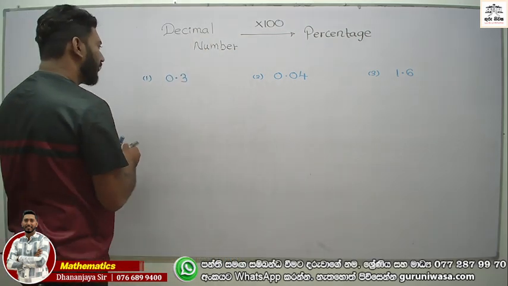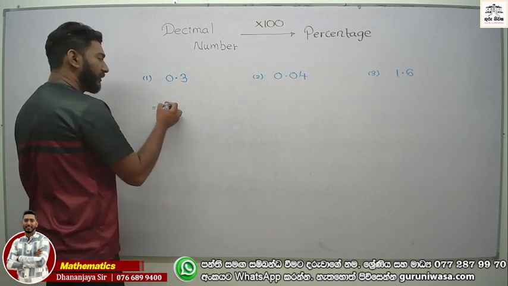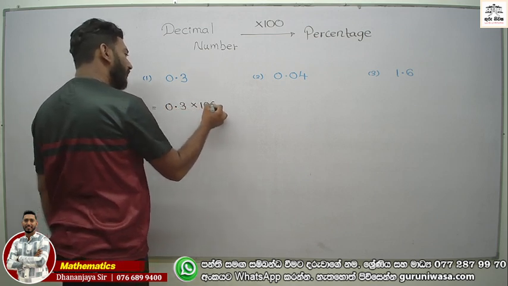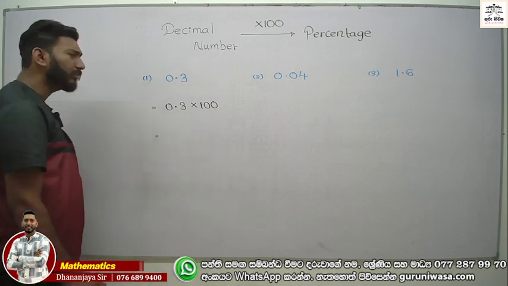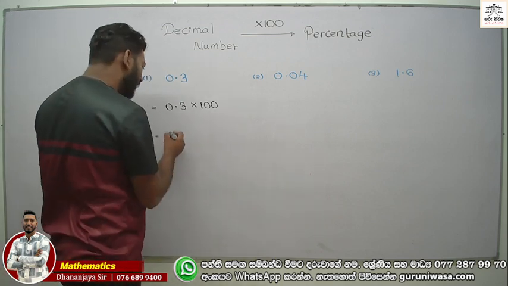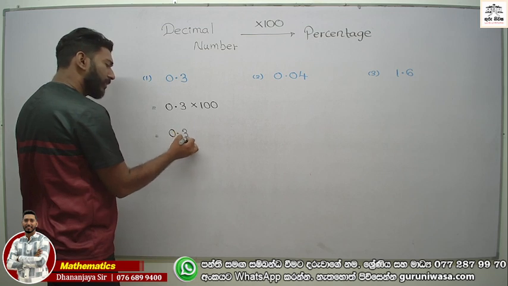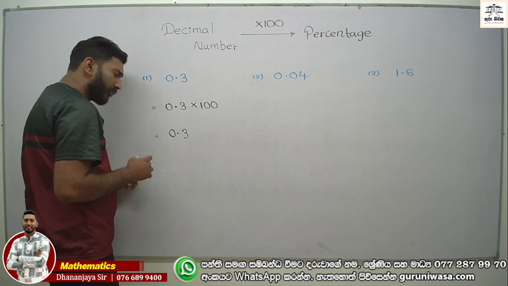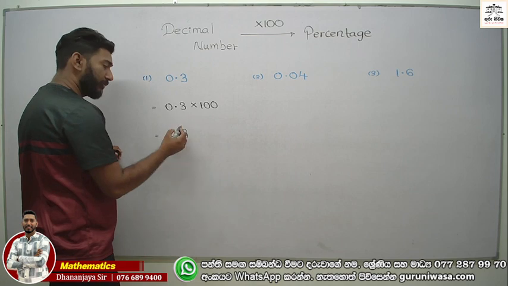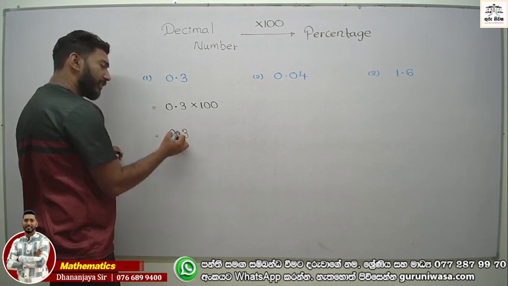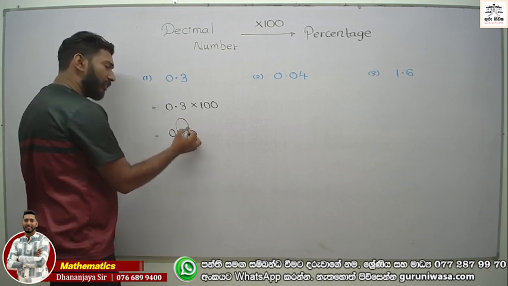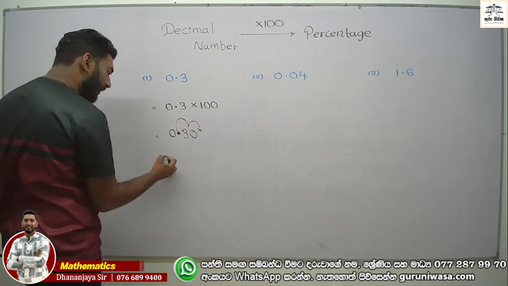Now look at this. Method number one is multiplying by 100%. Therefore, 0.3 multiplied by 100. Multiplying by 100 means you need to move the decimal point to the right hand side. How many times? 2 times. We discussed decimals, right? Go one place, put the 0 and go to the second. Now then the answer becomes